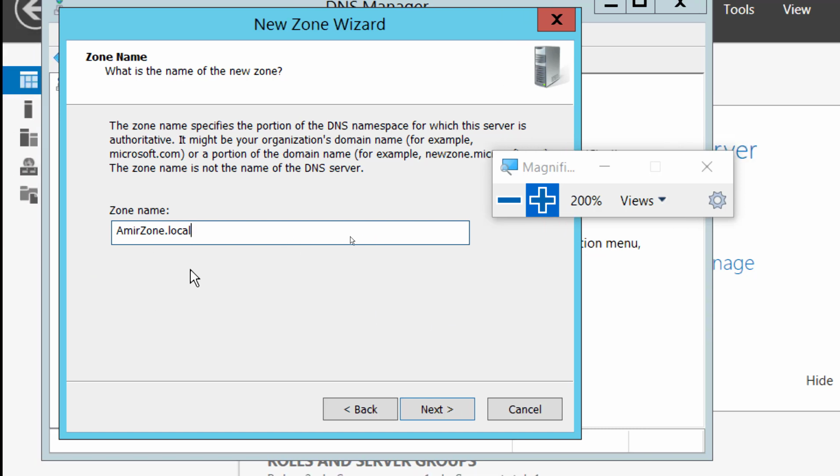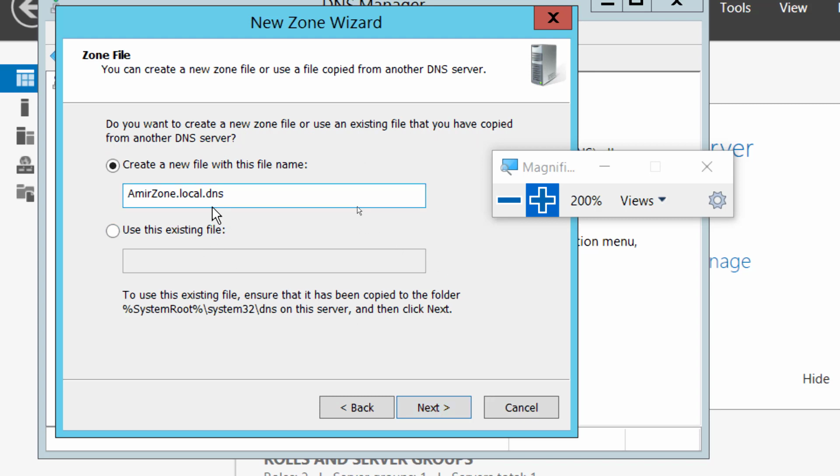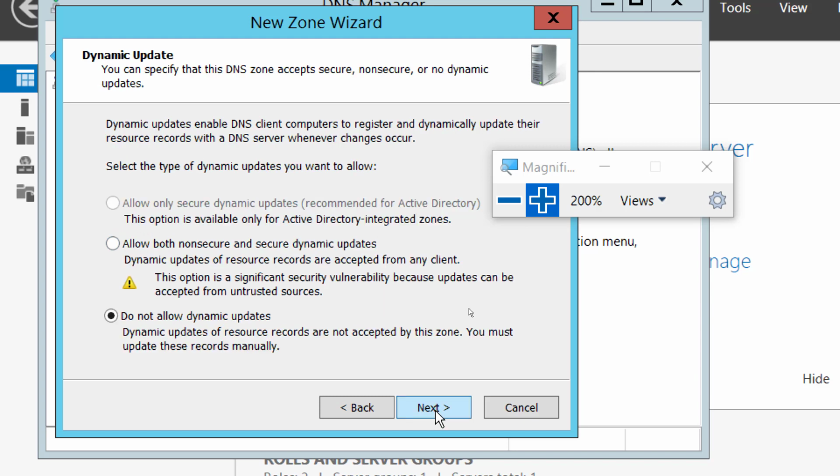Okay, so if you've given that name, click next, and it will create a file inside. It's kind of a database file there. Whatever you do in DNS is saved here. So click next. Now it says here, allow both non-secure and secure dynamic updates. Let's click that. If you had a second DNS there, dynamic means automatic, it will automatically